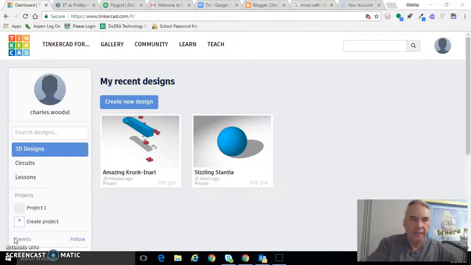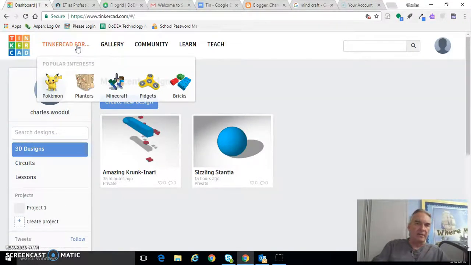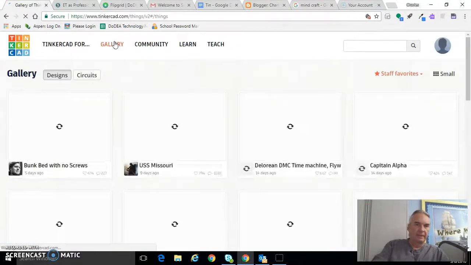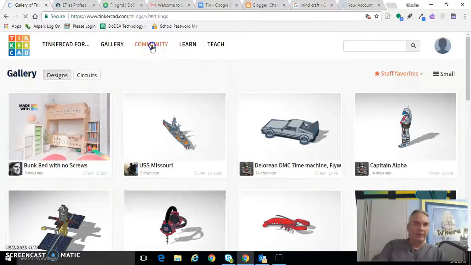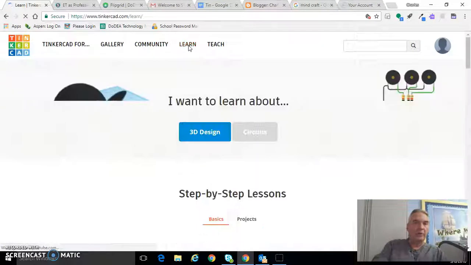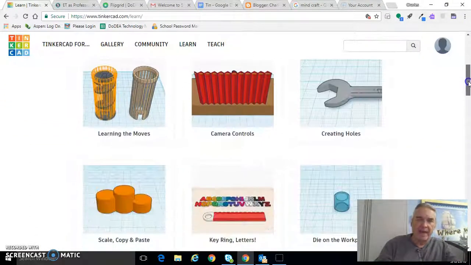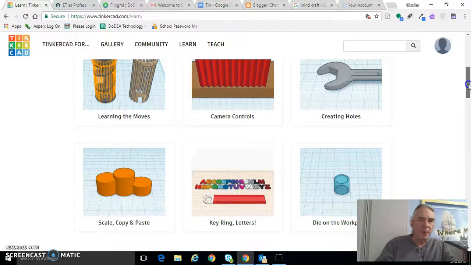Once you're logged in, one of the first things that we can notice is we have TinkerCad 4, a lot of great options there for popular interests, Minecraft, fidgets. We have a gallery. We have a community, blog, help center, what's new, and most importantly, we have a learn section. So we're all really interested in a few of the basics, and if we scroll down, we can see what